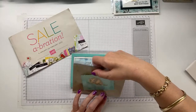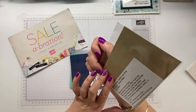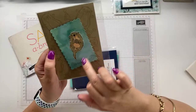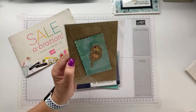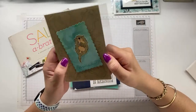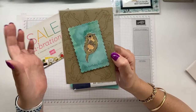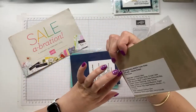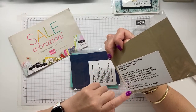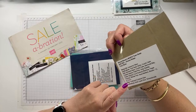We have a cute otter, and this one is from Tracy. So I think she watercolored. This one might actually be the Scalloped Contours die. I love how she stamped the otters in the background to make a great background. And then, yeah, Scallop Contours, and it looks like she used the